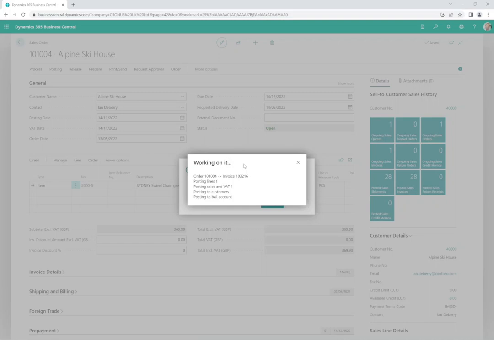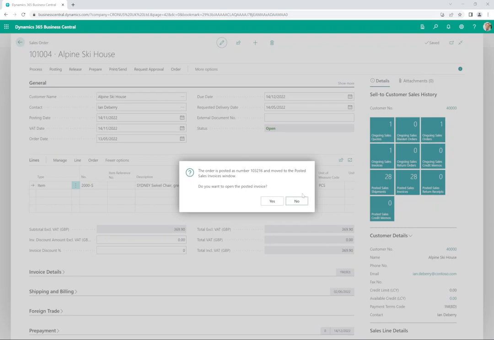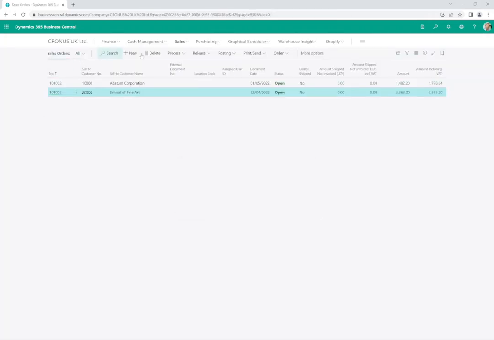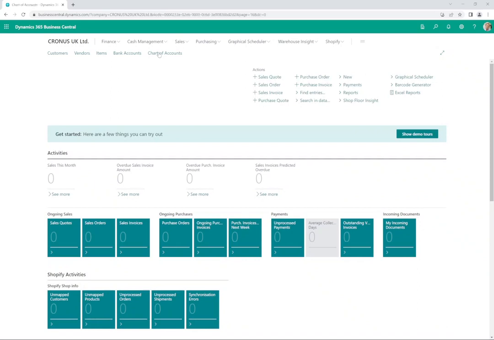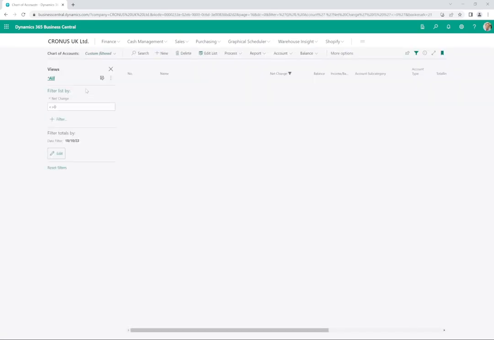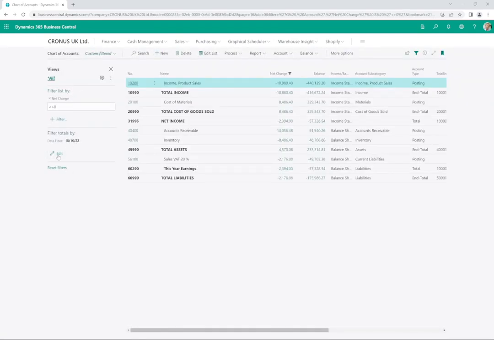And what we're going to do is go back to the chart of accounts, have a look on the 14th of November, and we'll see this specific invoice that's been posted now. So if I just go back to the chart of accounts, it's remembered my filter from previously, and I'm going to edit the date to the 14th of November,